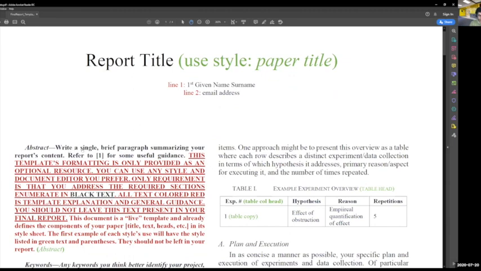So write a single, so one, brief paragraph summarizing your report's content. And there's a link, there's a reference we provide for some useful guidance on what a good technical abstract should address. But just to give you some ideas here,